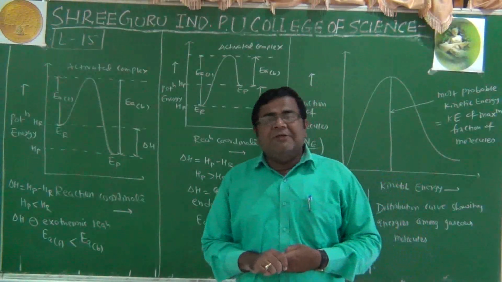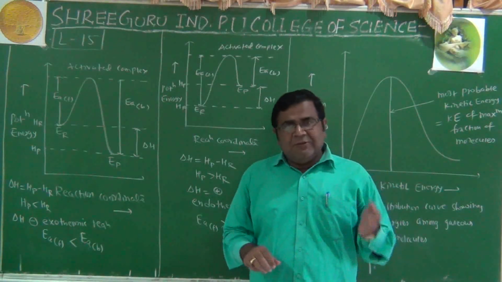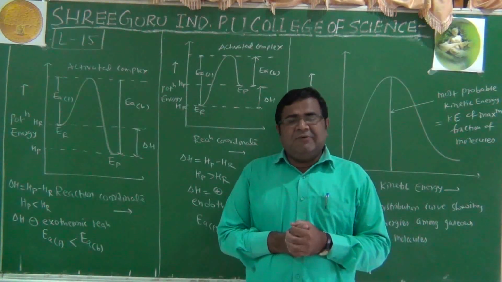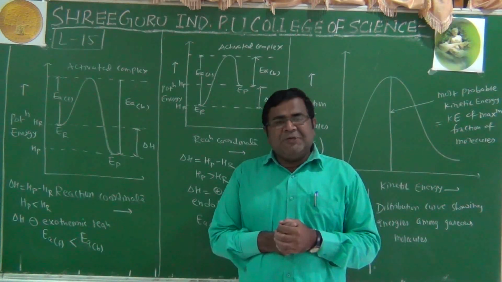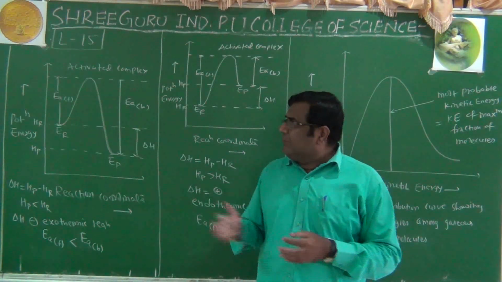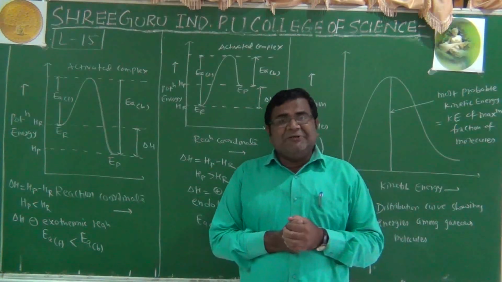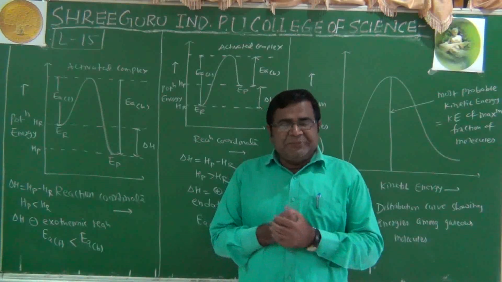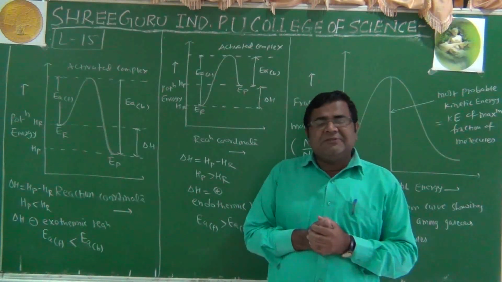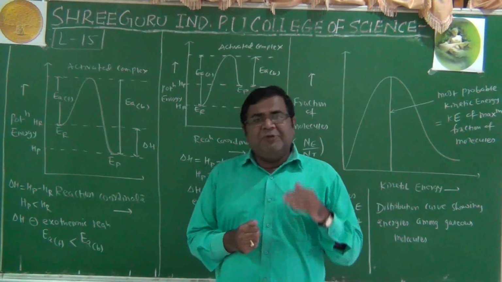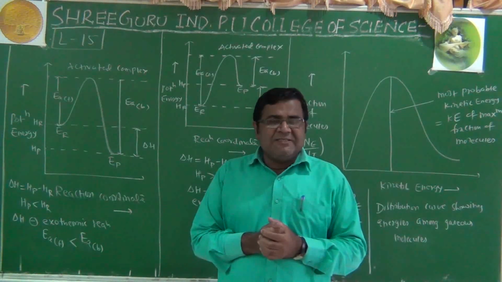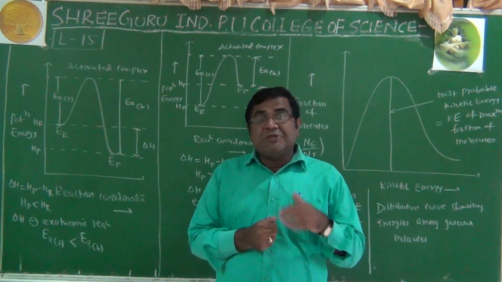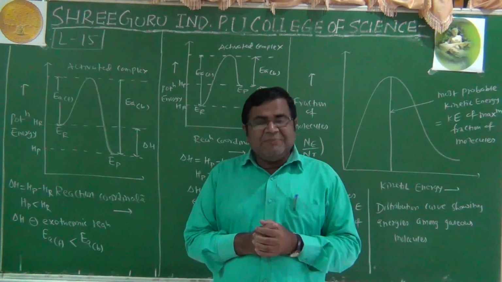After solving the numericals based on various forms of integrated rate law equation and half-life period, in last class we started with the dependence of rate of reaction on temperature. In that we made one comment that if we increase the temperature by 10 degrees Celsius, the rate constant of reaction may increase by 2 to 3 times.